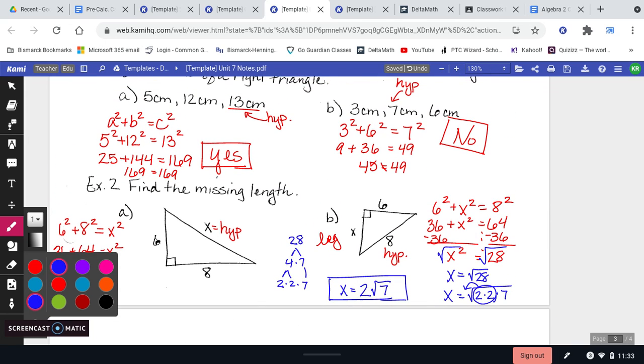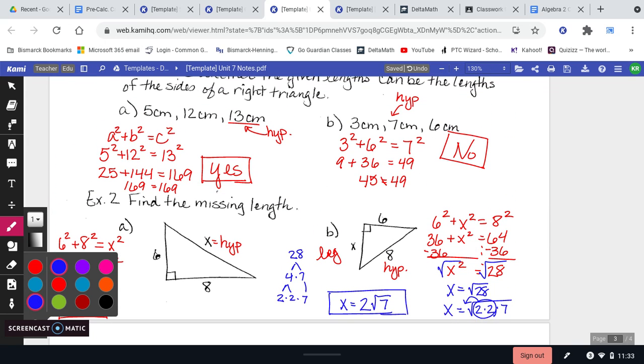That is it for today. We're working a little bit on the Pythagorean theorem. There's a worksheet that you will find for homework, and I think it's 4 questions dealing with the Pythagorean theorem. So please complete that and turn